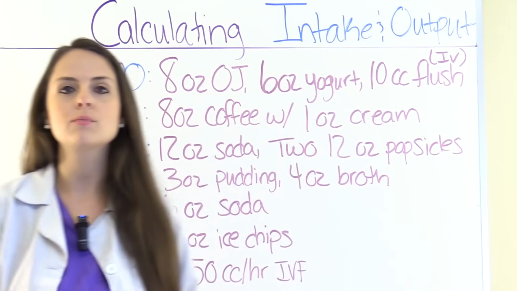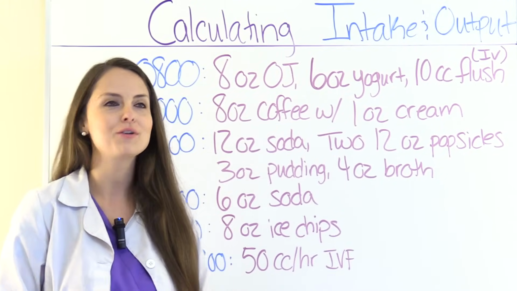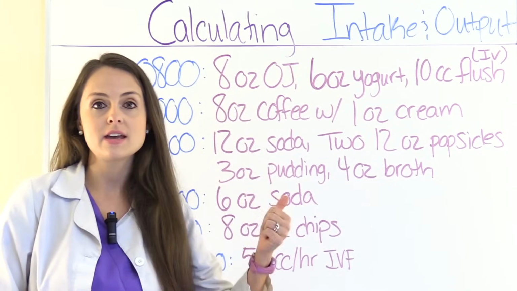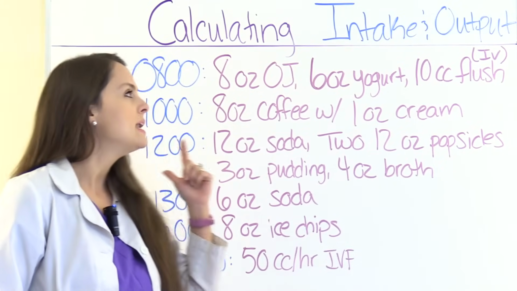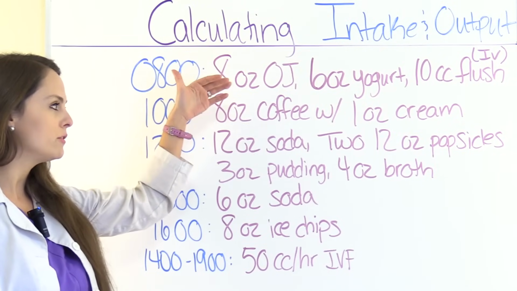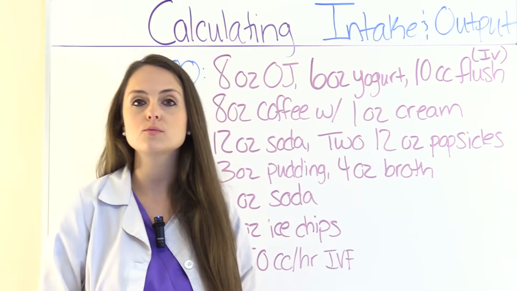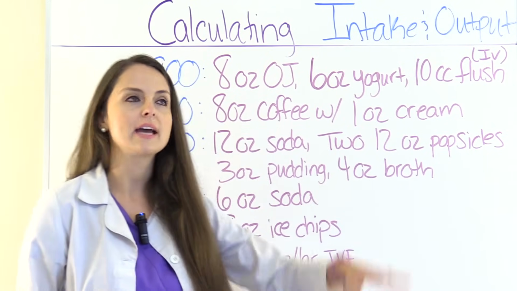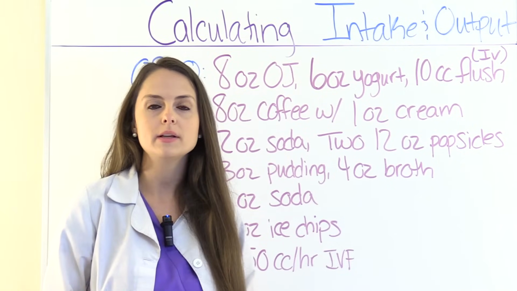So whenever you look at these problems, you've got to pay attention to a couple things because they try to throw you off. Number one, you have to make sure you're including the right thing in your intake calculation, which is why we went over that whole list of what's included. Number two, a lot of problems will give you the intake in ounces, and you have to convert that to milliliters because we record intake and output in milliliters. And it's really easy how you do that. You take all the ounces and you multiply that by 30, and that will equal your milliliters.